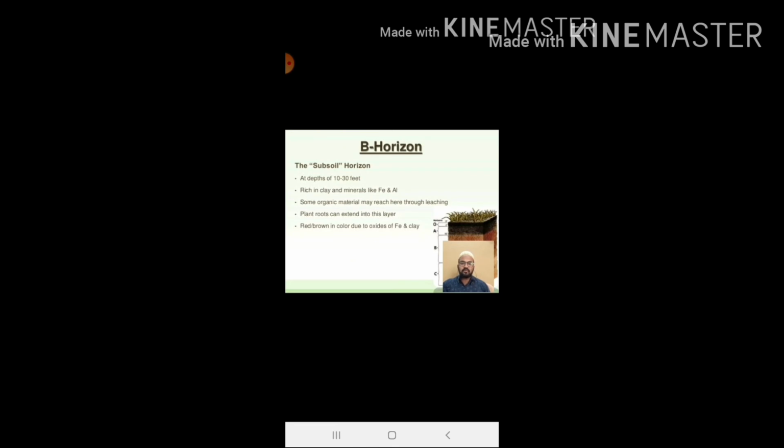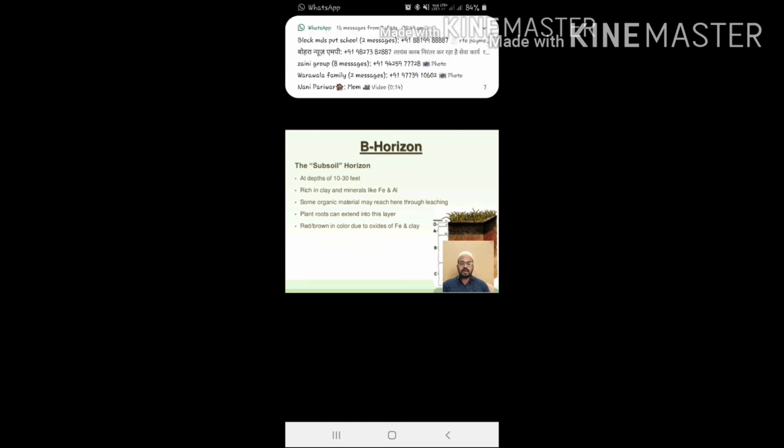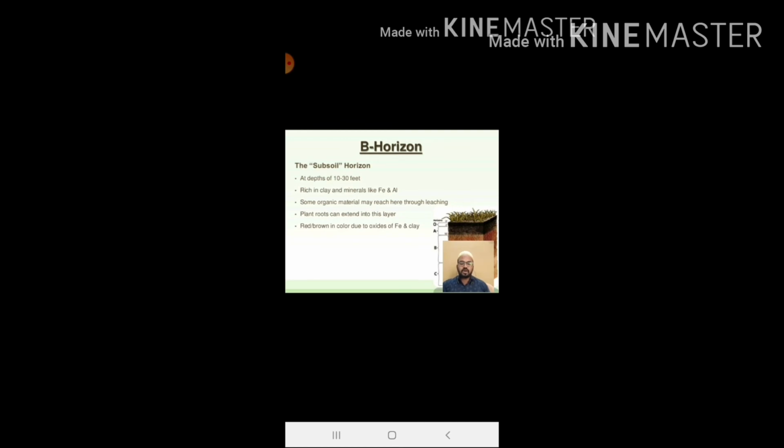Now the B horizon, which is also called the subsoil. This layer contains clay and mineral deposits like iron, aluminum oxides and calcium carbonate received from the layer above it. It has very little organic matter compared to the topsoil, and minerals and other materials seep down to this layer along with water. Most of the soil's nutrients are found here, and deep plant roots come up to this layer to absorb water.